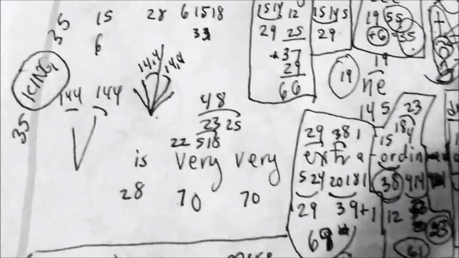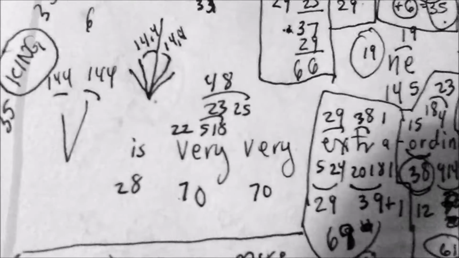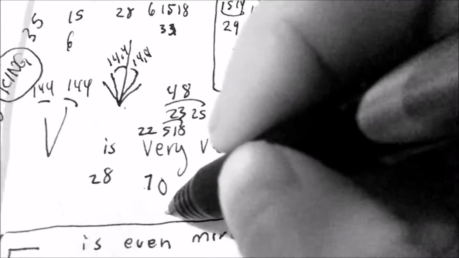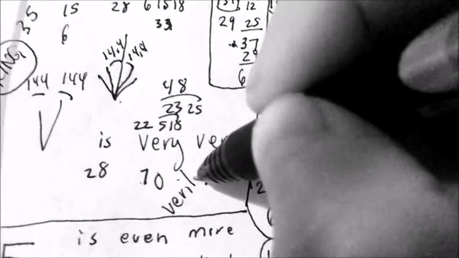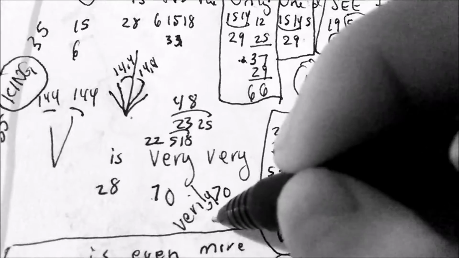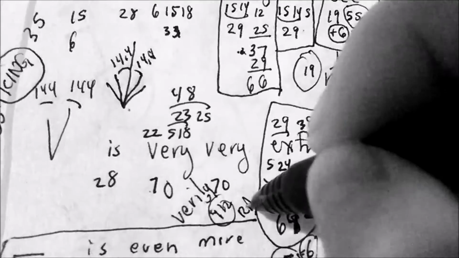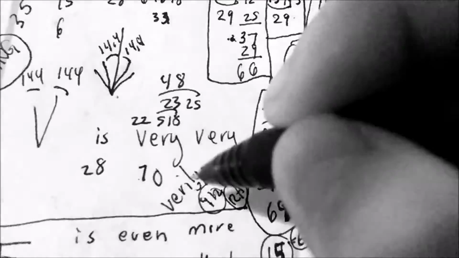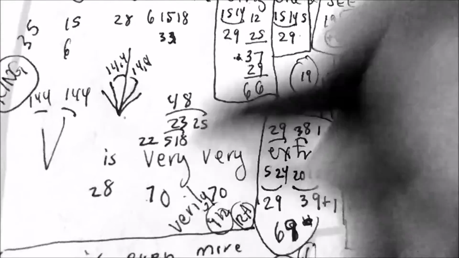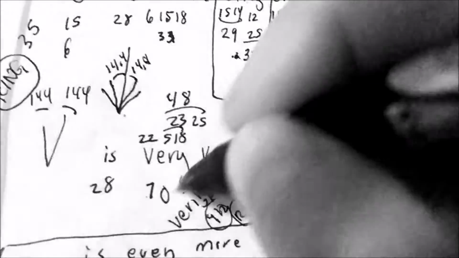Now, very is interesting because if you look at the Aramaic versions and also some of the texts that they attribute to Joshua, he uses the word verily a lot. Verily, verily. And that's the translation. And I'd like to try to find out what that is. But it has a 9 and a 12. It has another, I guess, a raw unit in there. So that would be an 89 here. If you added the IL into this, it would be an 89. But here we have very, very extraordinary. Well, this is 140 together.